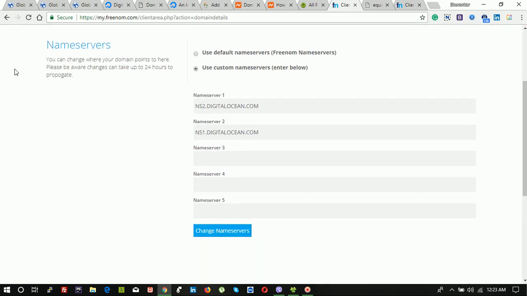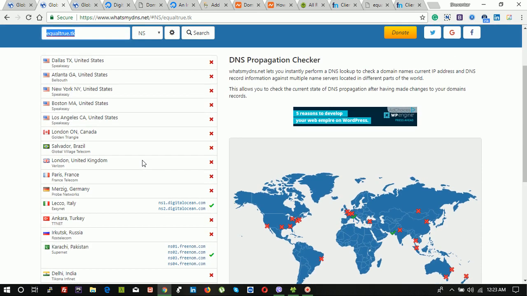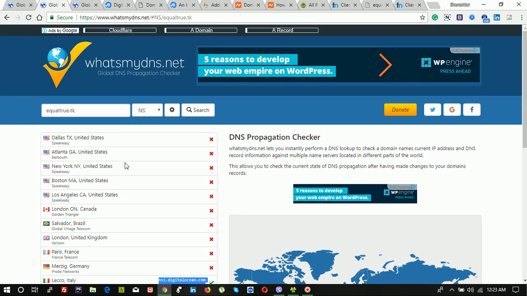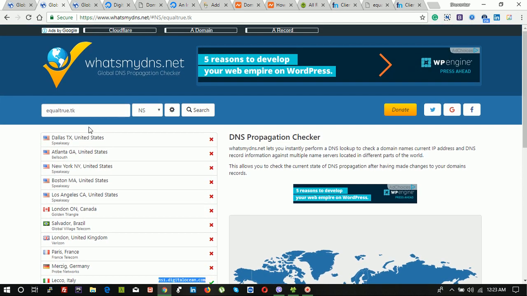If we search for this, ns0, ns1, ns2 are found. It takes time to change in different zones. If we search for the A record, yes, this is found online.